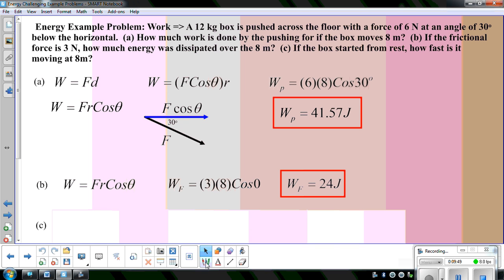So essentially, if the force and the distance are in the same direction, we just leave this out. We don't include it because there's no need for it. It equals 1 anyways. And the last part, part C, if the box started from rest, how fast is it